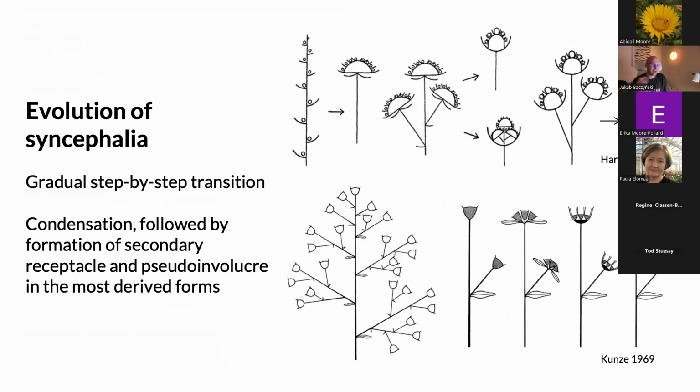So we have some capitulescence, or branched reproductive shoot that bears capitula instead of solitary flowers. And then this capitulescence undergoes condensation, followed by formation of a secondary receptacle and structures called pseudo-involucre in the most derived forms of secondary heads. So to say, the hypothesis to some extent postulates that the evolution of secondary heads recapitulates the pattern that has been described for capitula, but on a higher level of